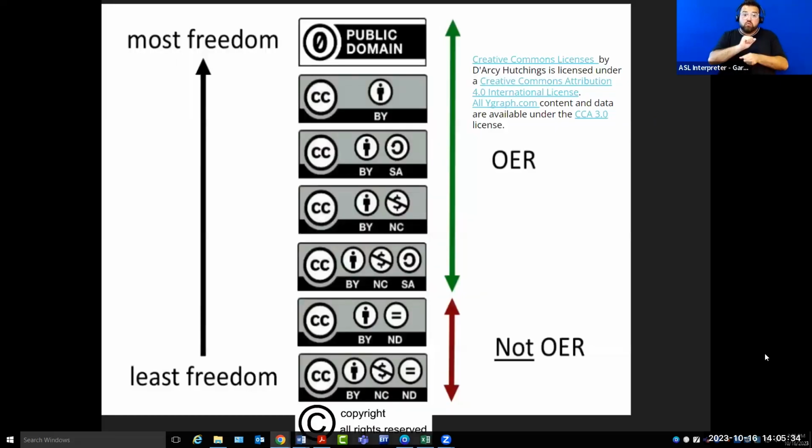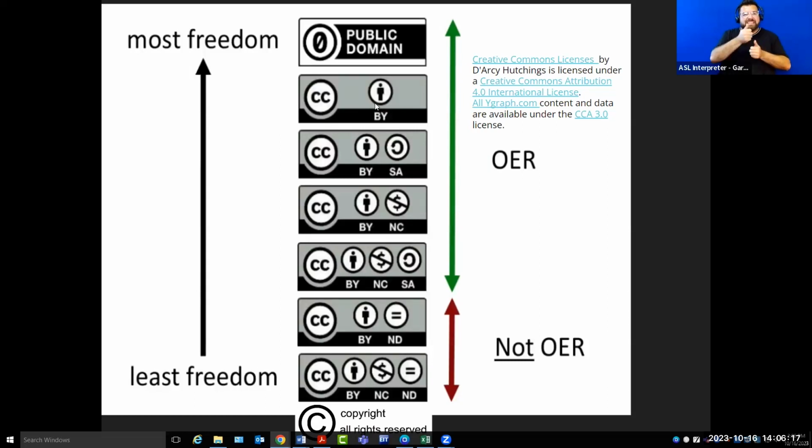So you have probably seen these different little icons if you've looked around at openly licensed sources. It starts at the very top with public domain. This is the most open. It means that you can do anything that you want with it. And then it goes all the way down to less open. I'm not going to get into the details of this. We do have another workshop coming up later this week on the Creative Commons licenses and licensing details. If you're interested in learning more about this, that's the one you should check out. But they do have different meanings, and you can tell the meanings by the little icons here.